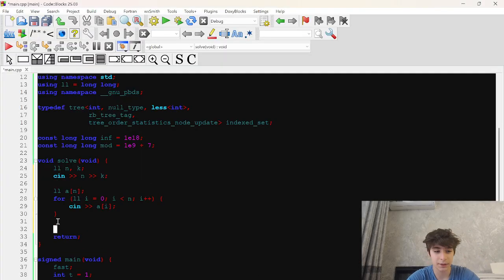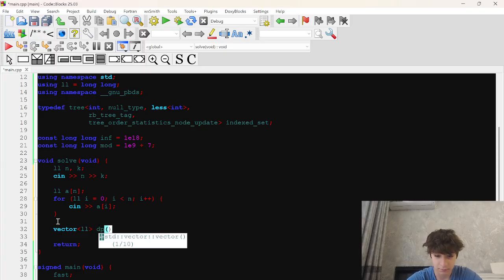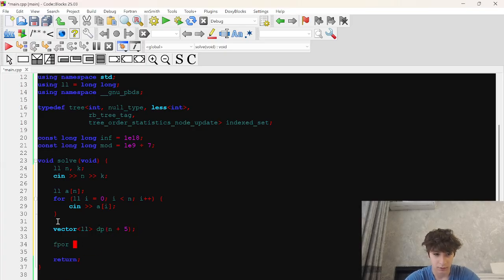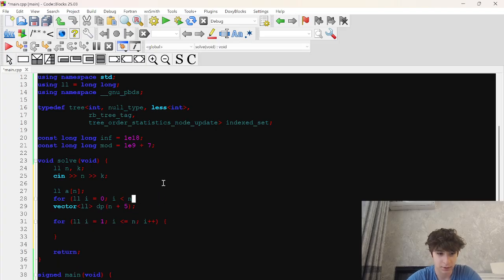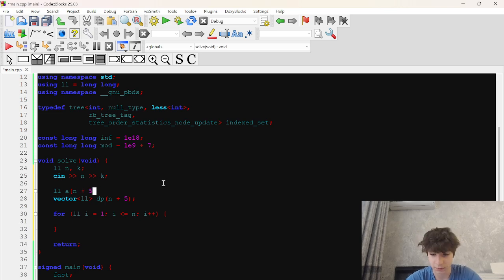Okay, let's make a vector dp of size n plus 5, and do like this, and then loop while i is less than n. Let's also make this array 1 indexed, n plus 5 for extra.